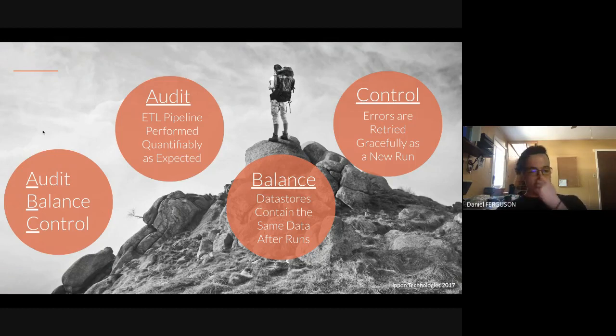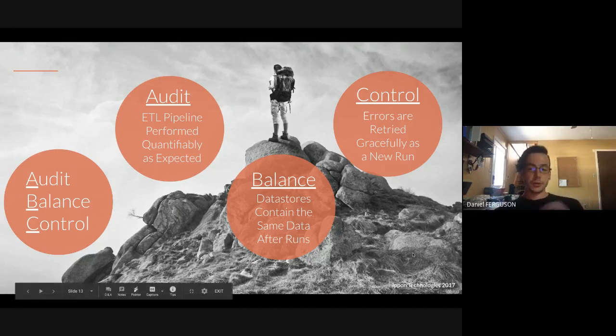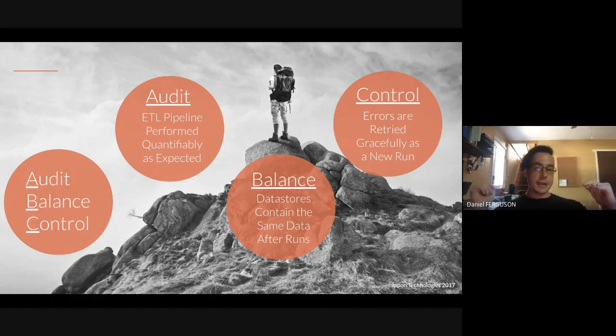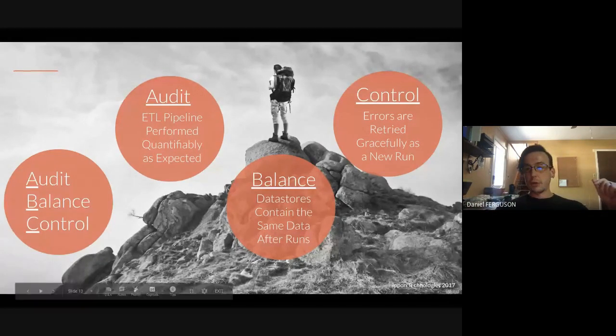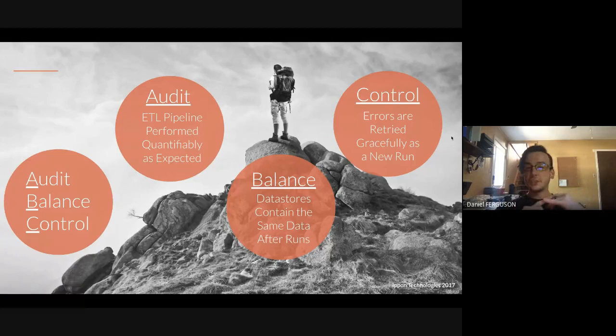What does that mean? Audit really just captures information about where your data is coming from and that your pipeline performed the way it was supposed to perform. Balance makes sure that your upstream and downstream systems have the same exact data in them, taking into account any transformations you've performed in your ETL pipeline. And Control is the automated framework, or hopefully automated framework, around fixing issues that arise during your ETL process, triggering new ETL jobs on the fly, and generally resolving errors that have been highlighted through the audit and balance process.